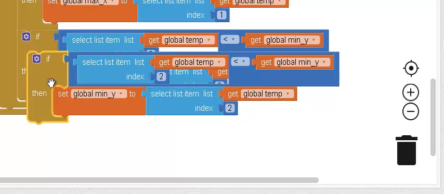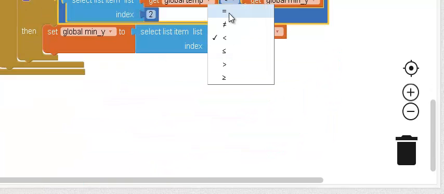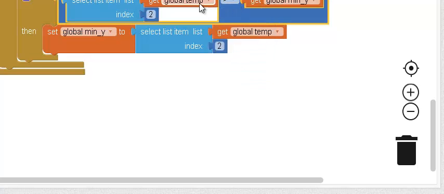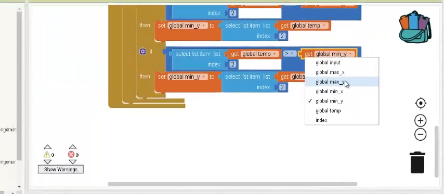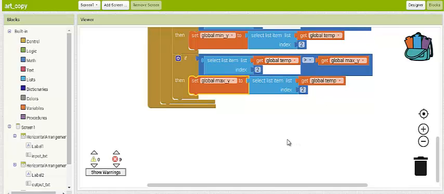Now I'm going to duplicate again because I want the maximum, so I'm going to say greater, so the second one greater than max y, then max y is the second element. Now that we have our min x, min y, max x, and max y, we can